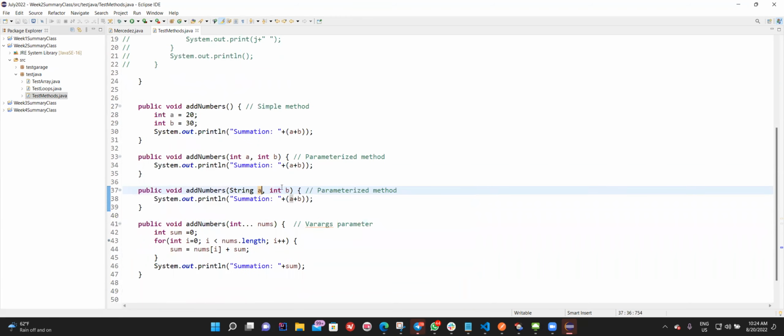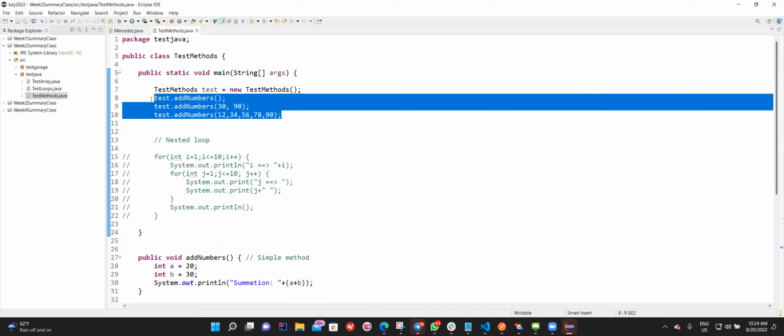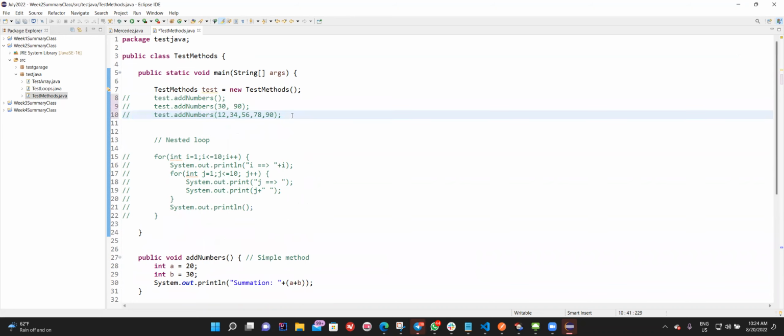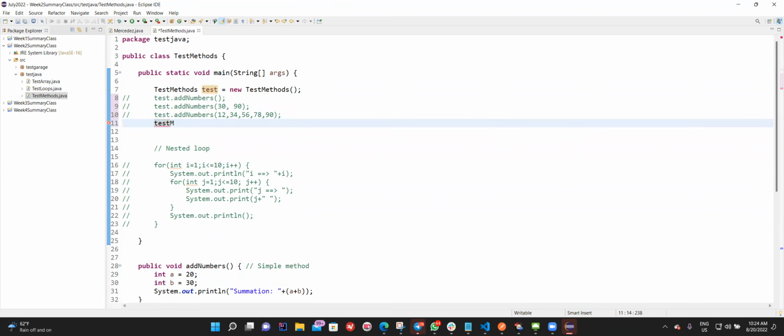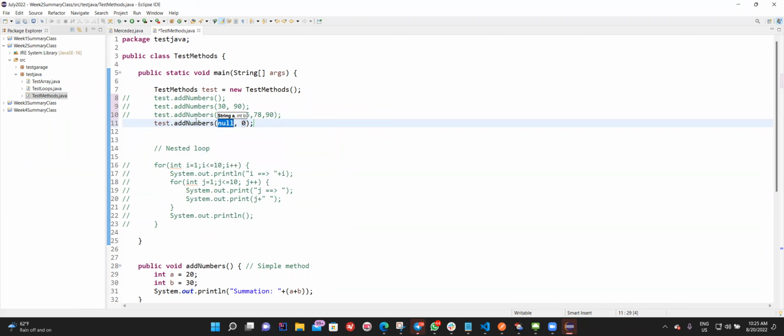Add numbers, string and B and number, right? So I'll go like this. I'll go test methods dot add numbers. Sorry, my bad. Test dot add numbers. Here I'm asking string and B. So let's go with the string as, I don't know, maybe Sovic. Okay. And let's give the value as 9. If I run this,